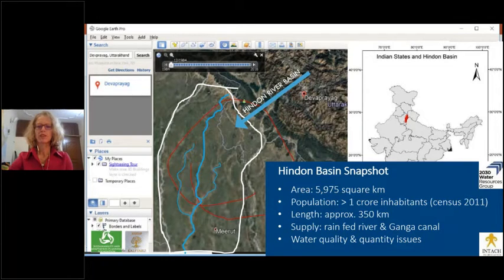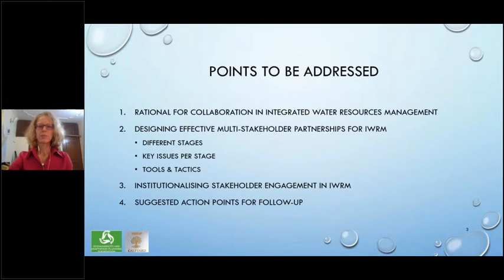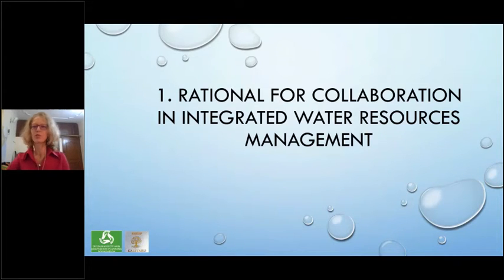A few more facts and figures here about Hindon, which you can probably look up later. So the 4 points that I will address is the rationale for collaboration, then how to design effective multi-stakeholder partnerships with different stages and key issues and tools and tactics per stage. And then I will say a few words about institutionalizing stakeholder engagement in integrated water resources management, and close with some suggested action points for follow-up linked to the foundation, which Meesha also touched upon already. What can we do ourselves? So starting with the rationale,